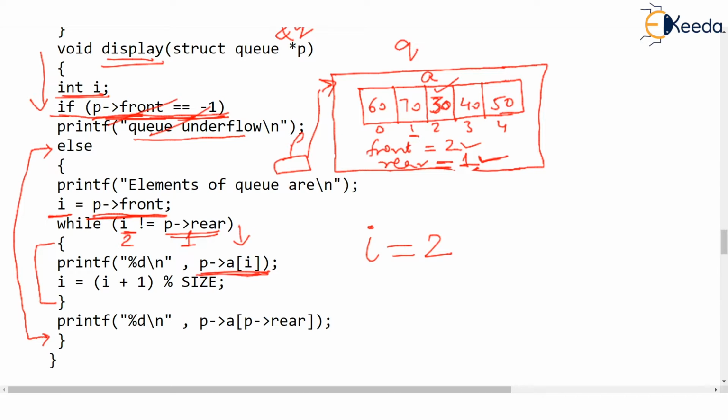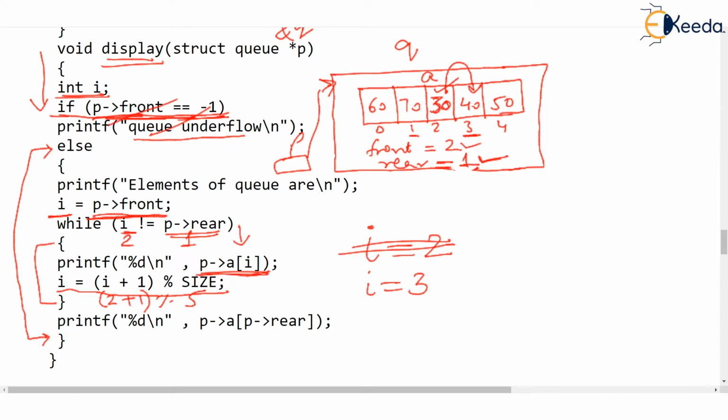And now this line again where the mod operator is used. Substitute the values in the bracket here. I is 2, so (2 + 1) % 5 because size is 5. That's 3 % 5, and 3 % 5 is 3. So I, which is 2, will now become 3. And surely, look, we have displayed 30 on the screen. Now after displaying 30, we have a plan of printing 40. So I has become 3.